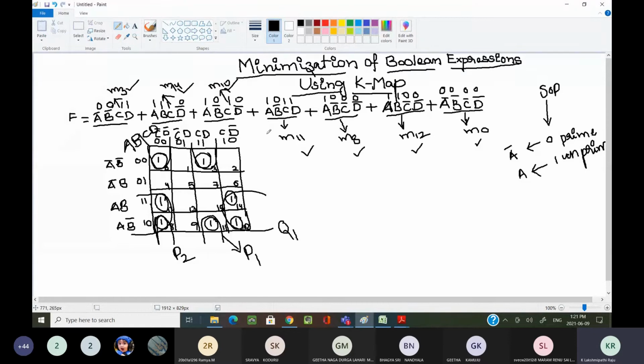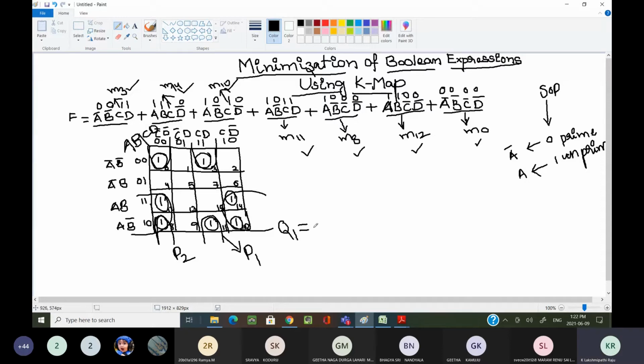In some problems, some min terms are not covered. But specific to this problem, all the min terms are forming at least a pair, or they are participating in a quad. Now all the min terms are covered. Now if you simplify this quad, what is the answer you are getting? What am I getting if I simplify these four min terms?